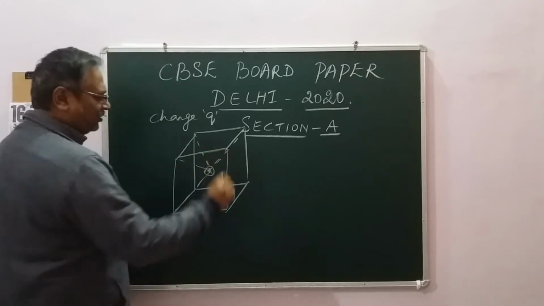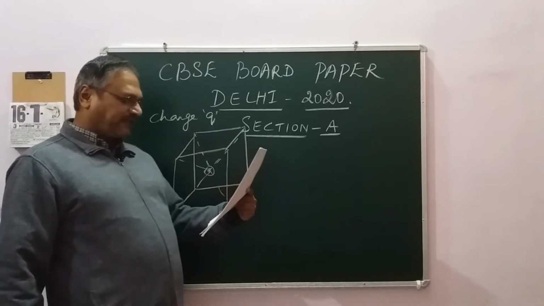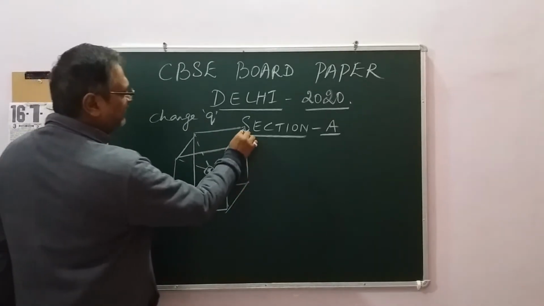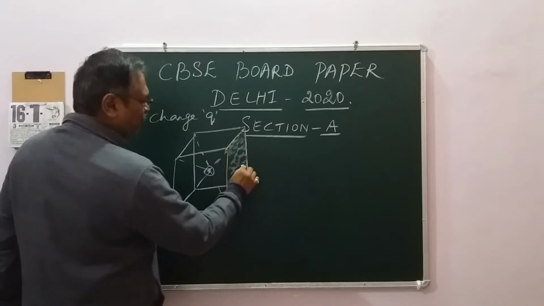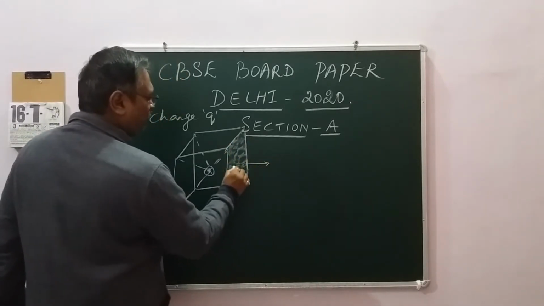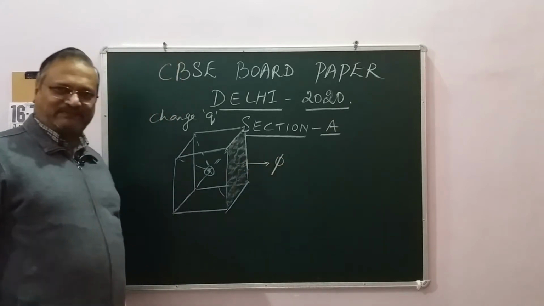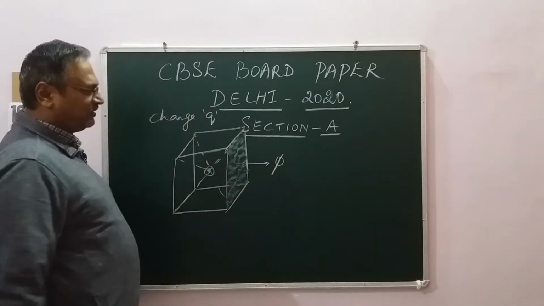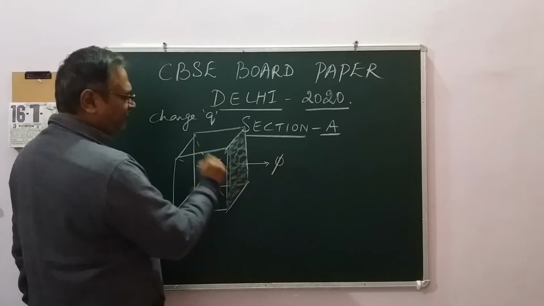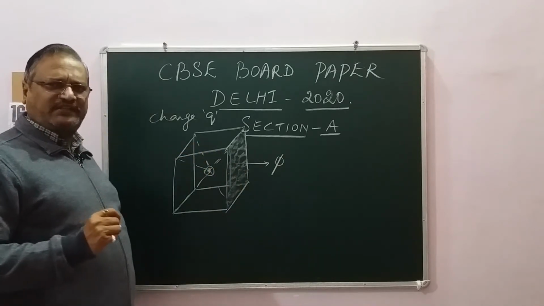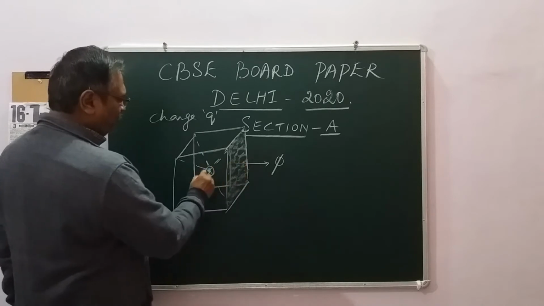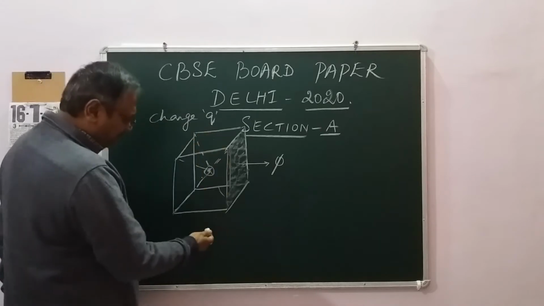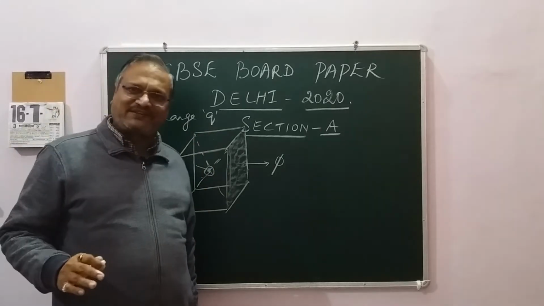Now the question is, what is the electric flux passing through any one of its surfaces? Let us say this is one of the surfaces. Through this, electric flux is going to pass, and we need to calculate that flux. Let us be very clear about the question. There is a charge Q. We are talking about the flux through one face. First, how many faces are there in a cube? 1, 2, 3, 4, back, right? Up, top 1, 5, bottom 1, 6. So 6 faces are there.